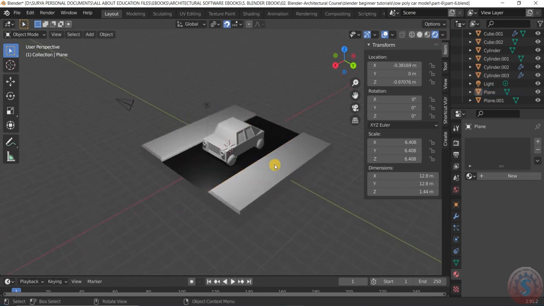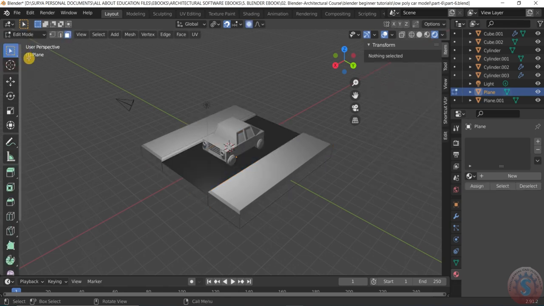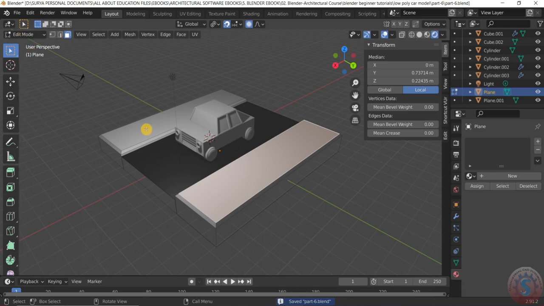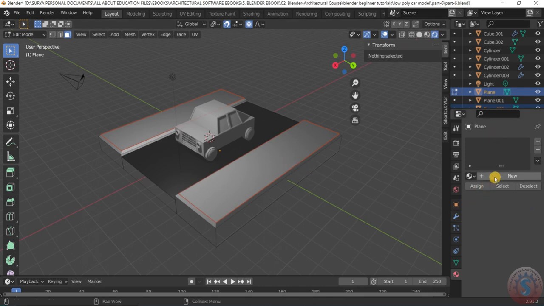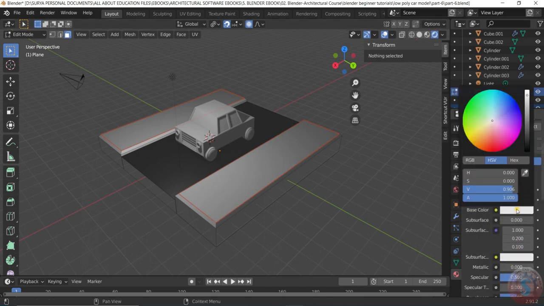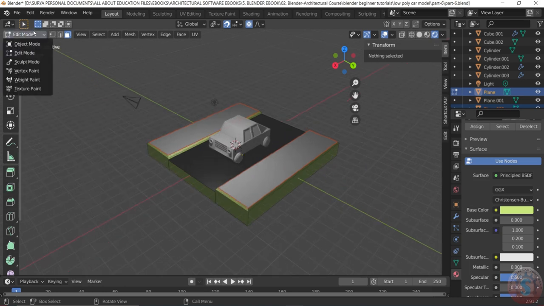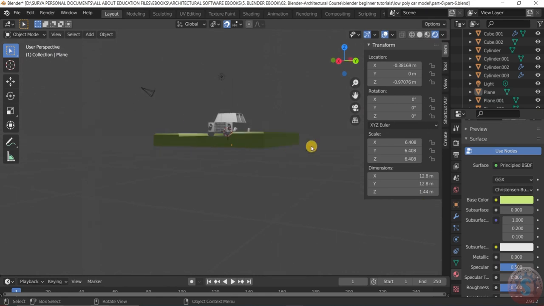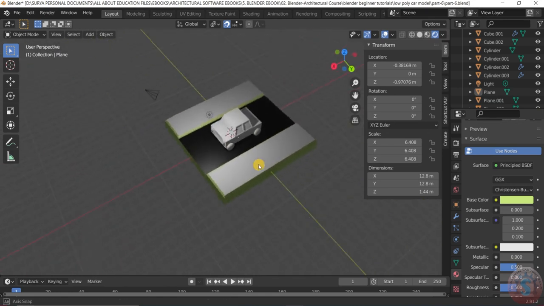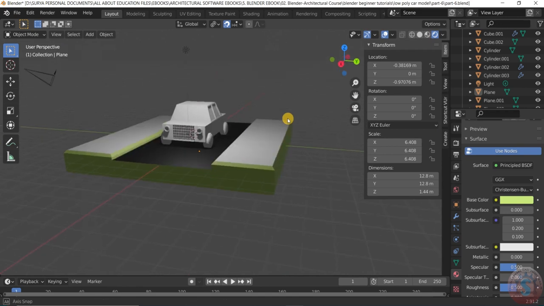For example, I want to go into the edit mode again by pressing on the save option and select the face, and select these face also by selecting the faces by pressing on the shift key, and select the P and the selection P and select the new material and give the base color to somewhat. You can observe it is doing, and go on to the edit mode. Like this you can create